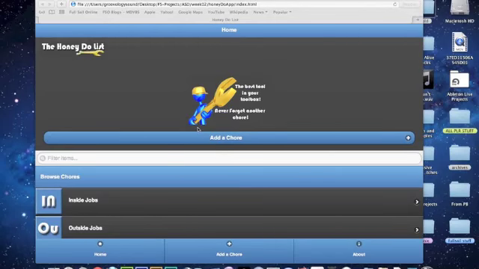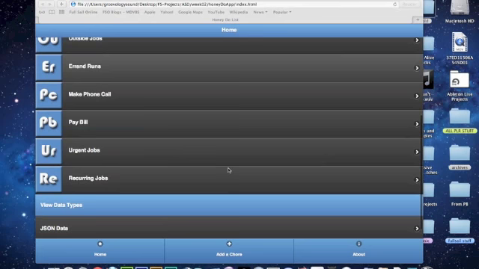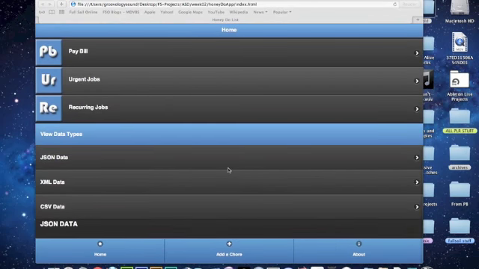ASD 1210. This is week 2. Pulling in static data. I chose 3 different forms. The ones I chose were JSON, XML, and CSV data. Things that went well for me this week